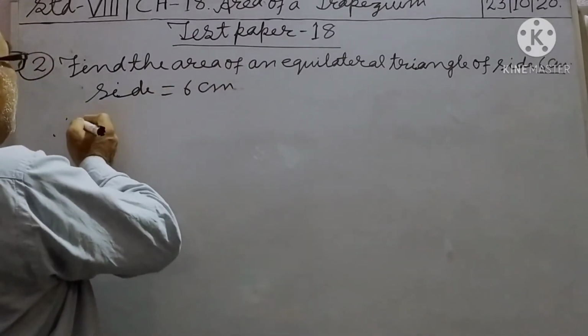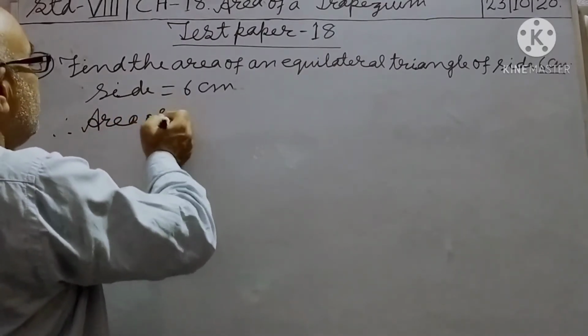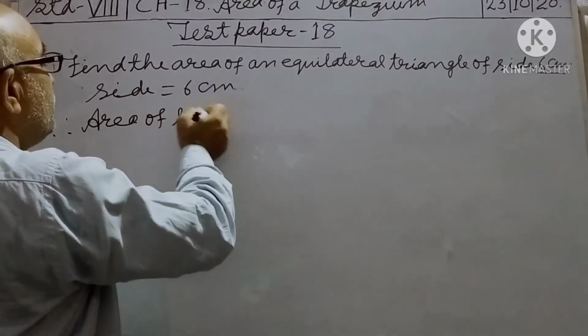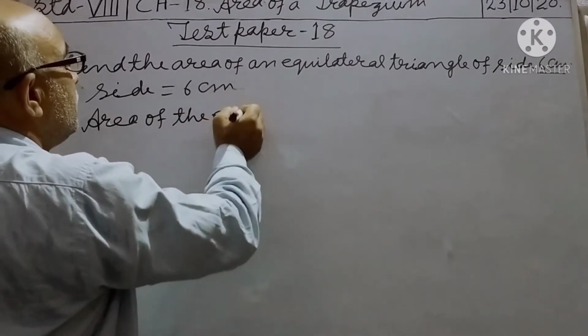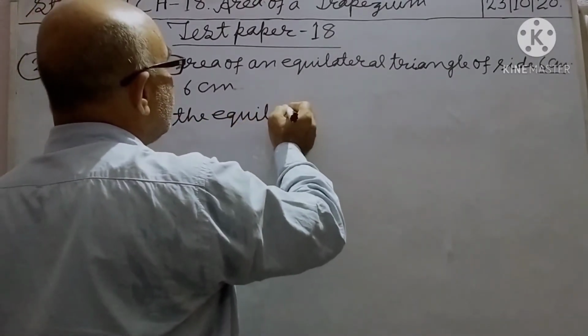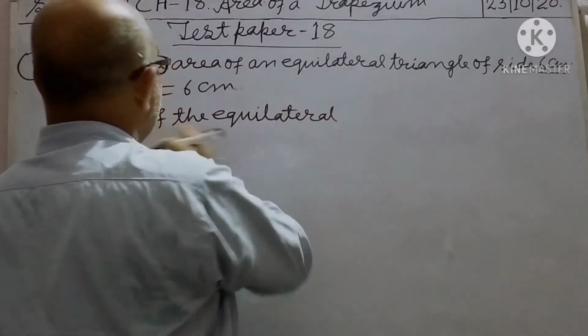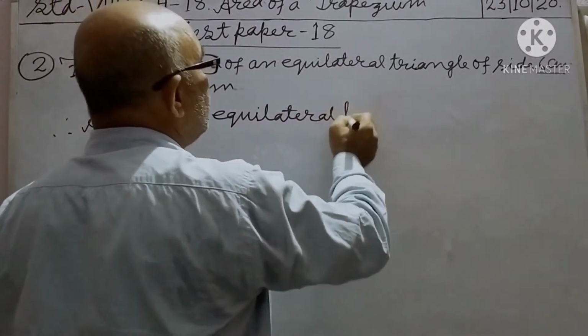So therefore, area of the equilateral triangle